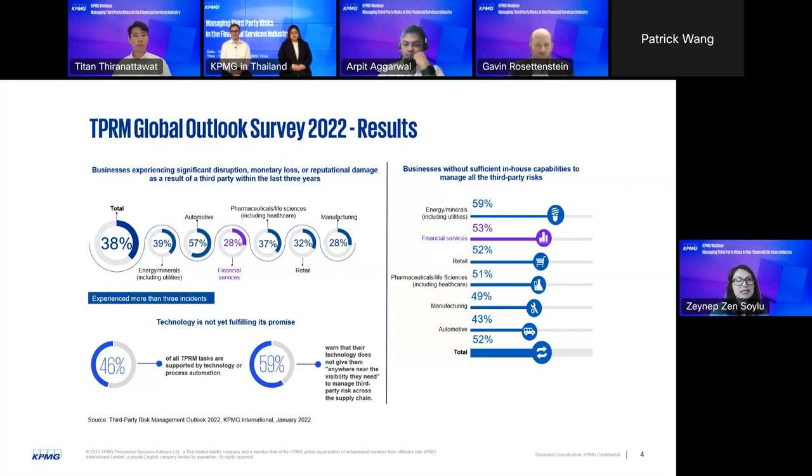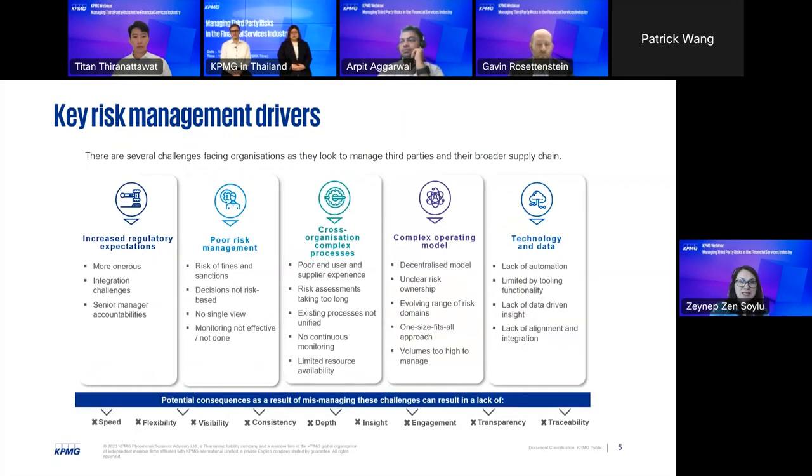And if you look at it, if we can move to the next slide, it's going to tell us a couple of things. And I know Gavin and Nan will take a little bit further steps to deep dive on the risk domains and the technology and the future of the TPRM to support this. We clearly see 5 main challenges when we look at the TPRM holistically. We all know there is increased regulatory expectations. The requirements are becoming more onerous and complex. We know still, despite the decades long of efforts that we try to improve our risk management practices, we still have a long way to go.